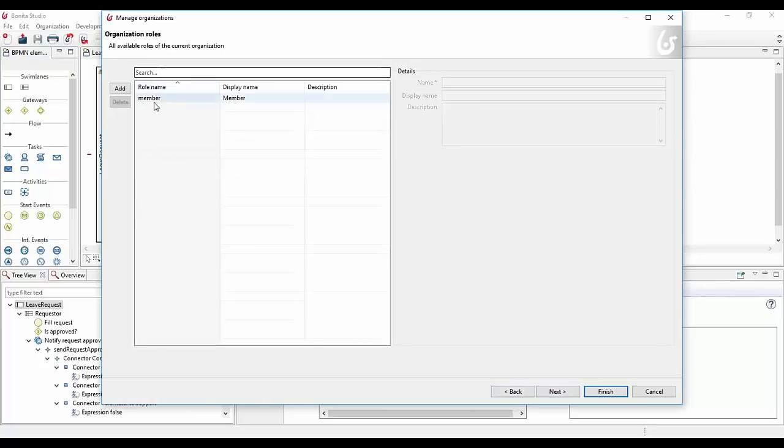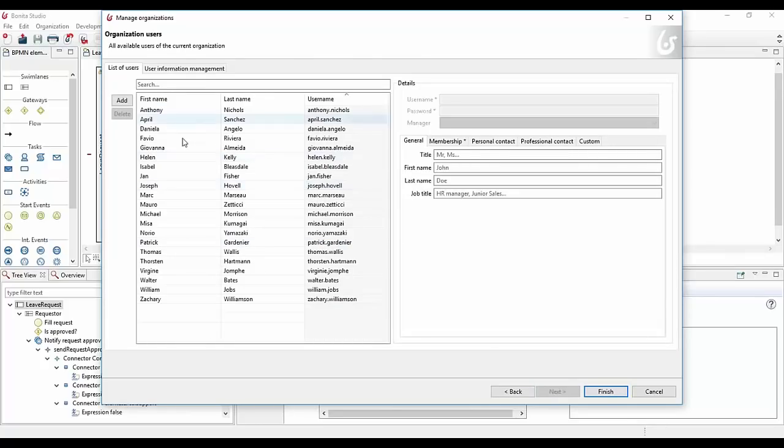You have also roles. Here the only role we have is member, because someone can be a member of a group. That's the only thing we have by default. But you could also have a manager, for example, of a specific group or department. So this is what it is for. You can have multiple roles. You can have director, you can have president, whatever name makes sense in your organization, and it's usually complementary with the group, and this is what we call the membership. And this is the list of the users that will be part of our organization.